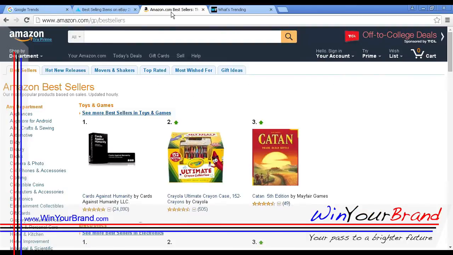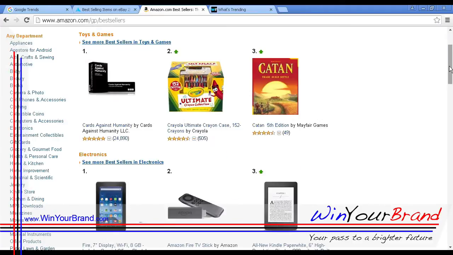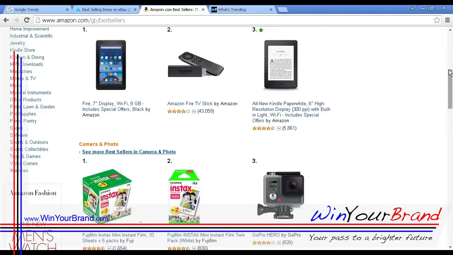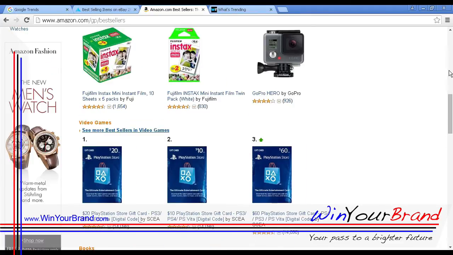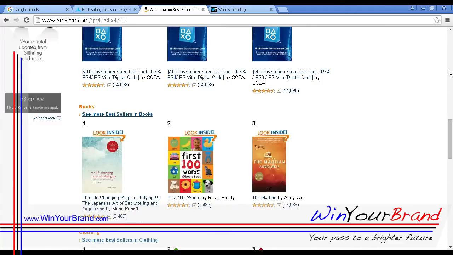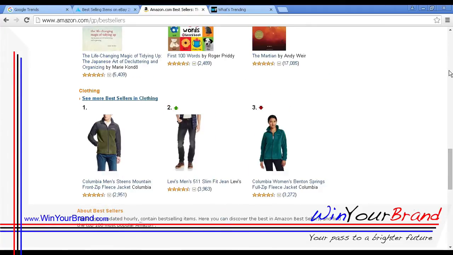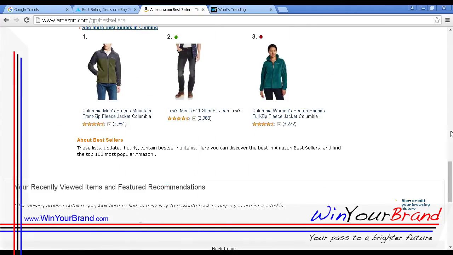Then there's Amazon bestsellers, which you'll find here at amazon.com/GP/bestsellers. And this lists all the bestsellers in various categories on Amazon. Let's just scroll down a bit so you can see better. So you've got toys and games, electronics, camera and photos, video games, books, clothing, and so on.